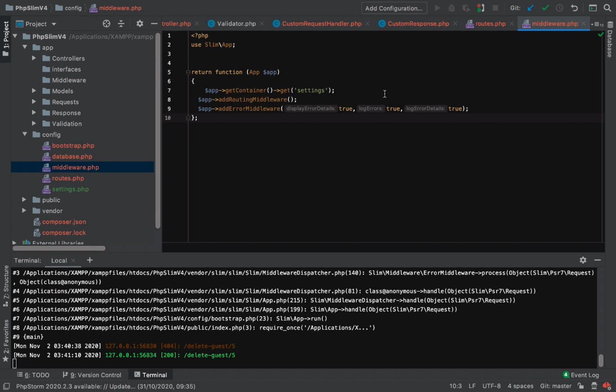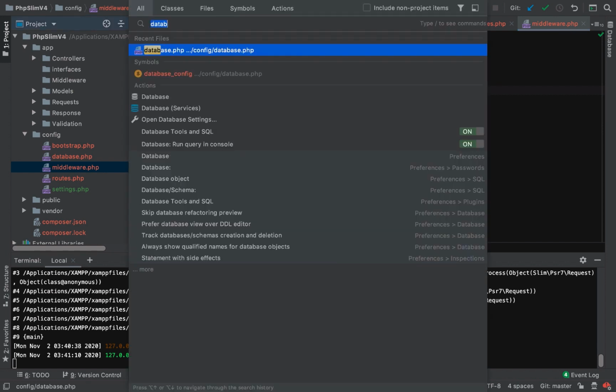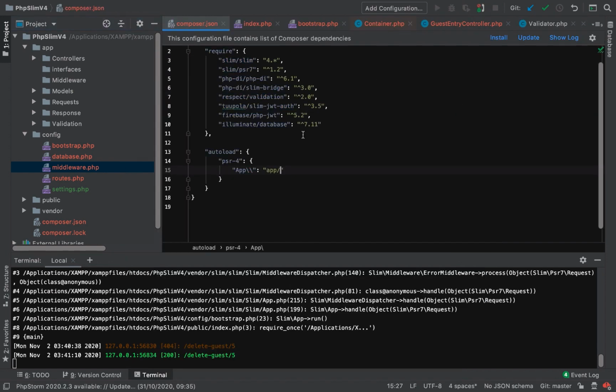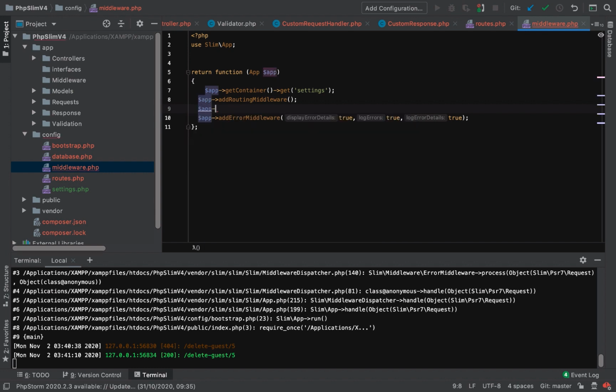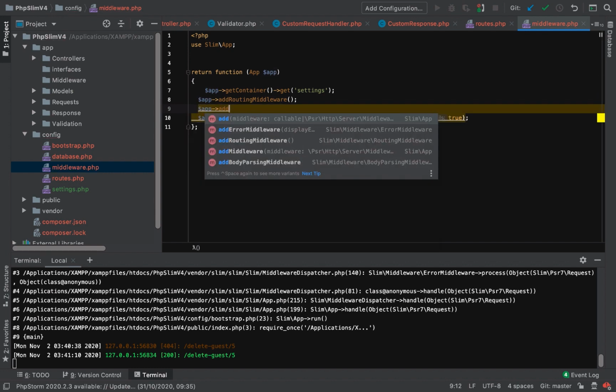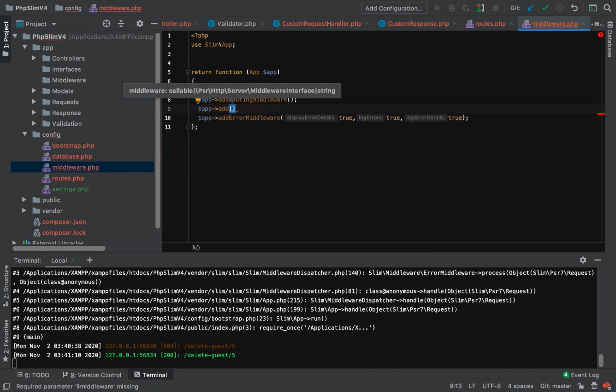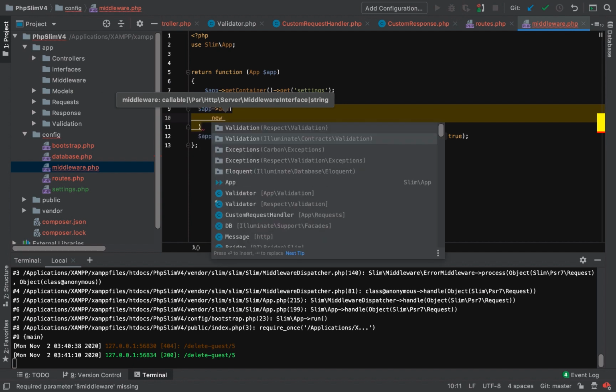Okay, so if I head over to our composer.json, you're going to see that we have this package here, slim jwt, which already helps us do exactly that. So we don't have to write our own middleware. All we have to do is add that middleware as part of the middlewares present here. So what I'm going to do now is say app here, and I'm going to add that middleware,